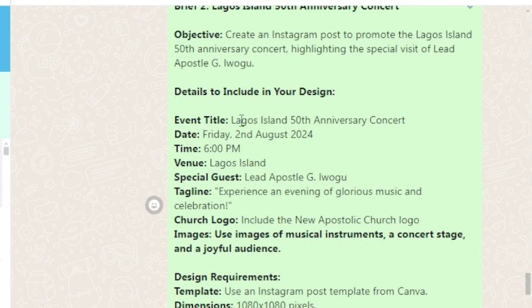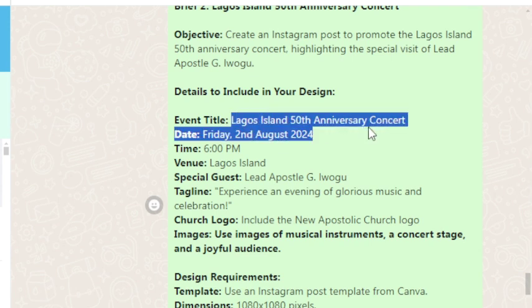First, you have to look for the event title. What is the event title? The event title can be what you are doing per se. Let's say the event that is coming up in a certain region, that is the event title. One thing that we need is to know what kind of event is being done, and the event that is going to come up in that space is the Lagos Island 50